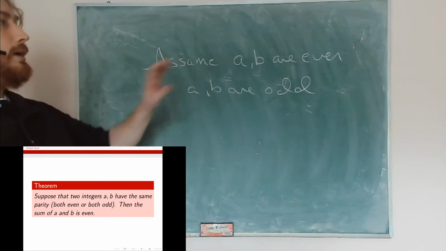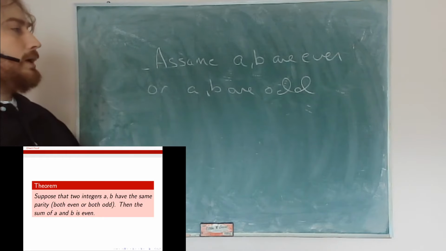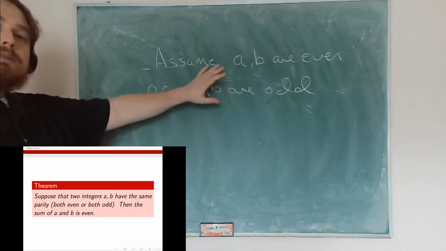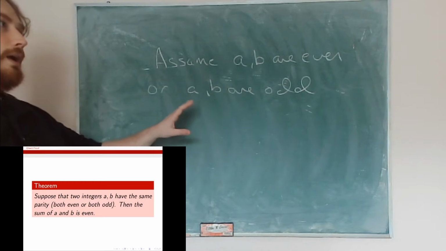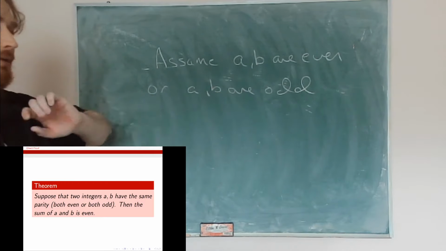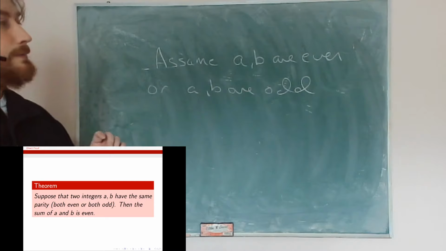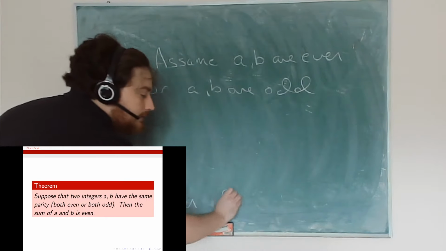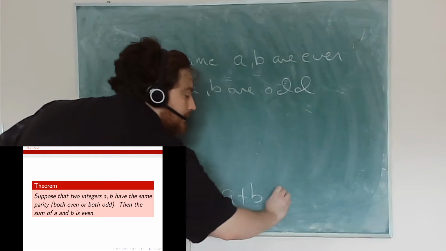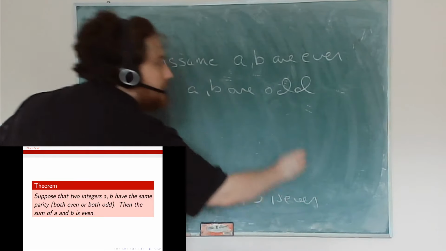So if we get A and B are even, or A and B are odd, then what that means is that we're actually going to have to break this into cases, because I don't get both of them. I get one or the other, so at least one is true. So the process here, and we want to show that A plus B is even, the process here is that